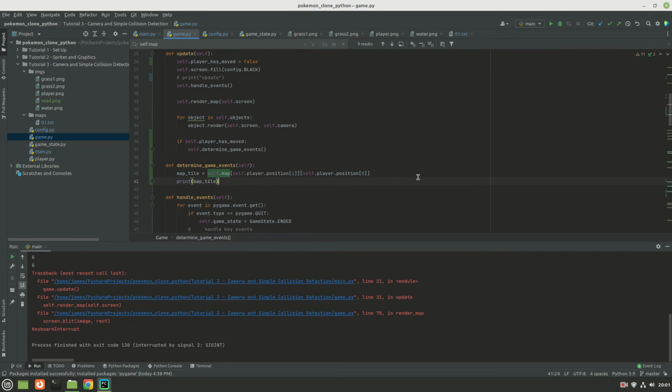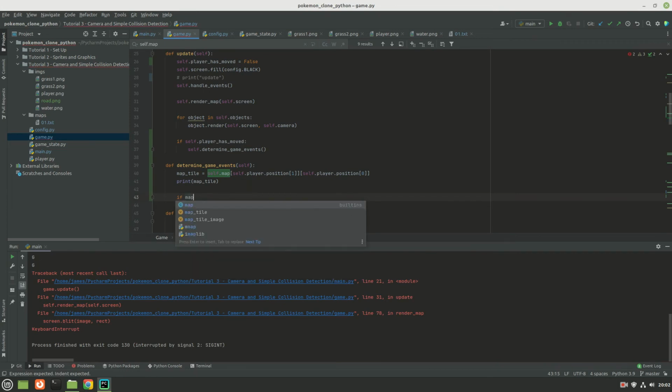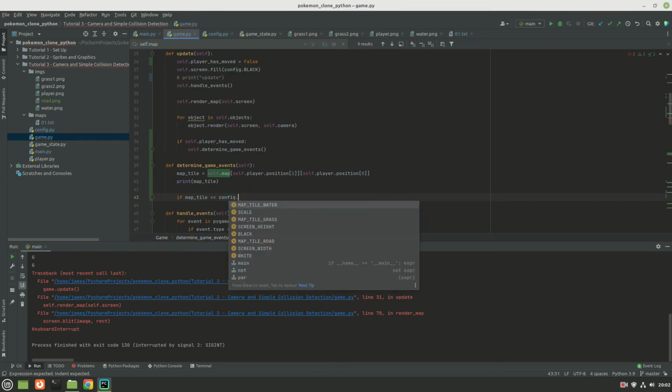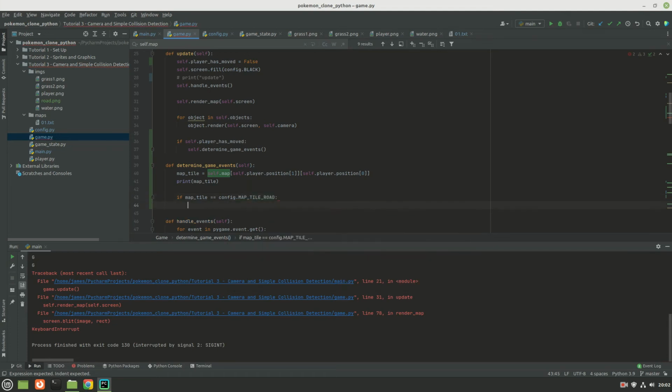Okay, now we can do some logic on this map tile. We can say if map tile is equal to our new road, for now we're just going to return. And again, all this kind of stuff should be refactored, but it's going to work for now.